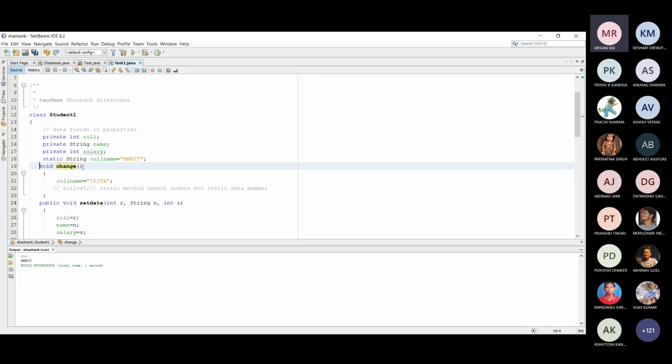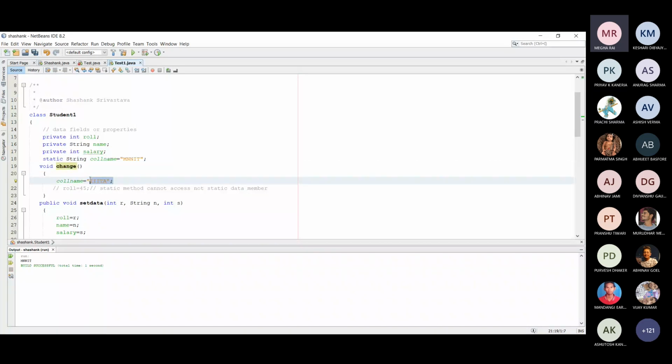You can access the static variable with a non-static method, but there is no significance, because if you do not put the static keyword here, any object will be able to access the change method and change the college name.